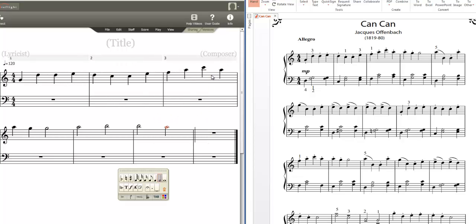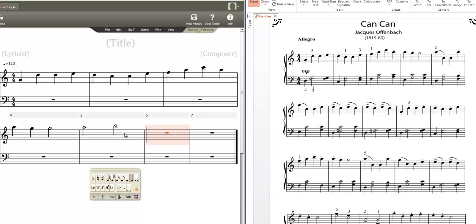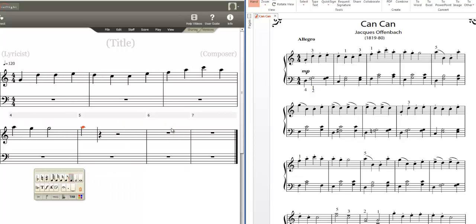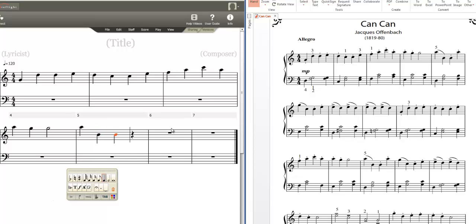Okay, now that's just written it all as minims. As the last note was a minim, it thought I wanted to keep writing minims. Obviously I don't. So I'm going to hit A. Now it's a crotchet, which is fantastic. Now the B, notice how it's written it an octave higher. If I simply hit down the arrow key, I can bring it to where it needs to be. Okay, and at last A, once again,